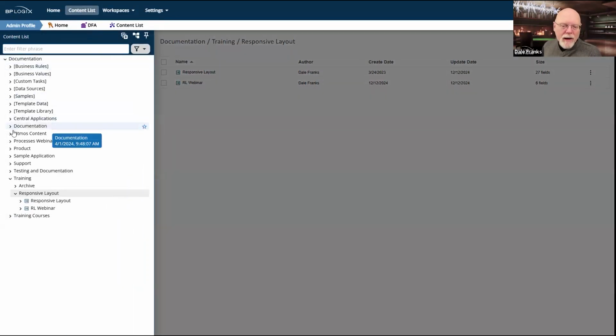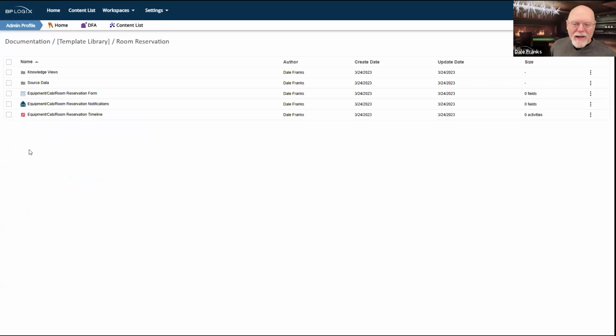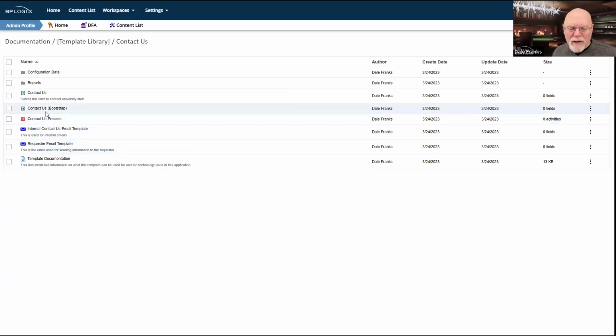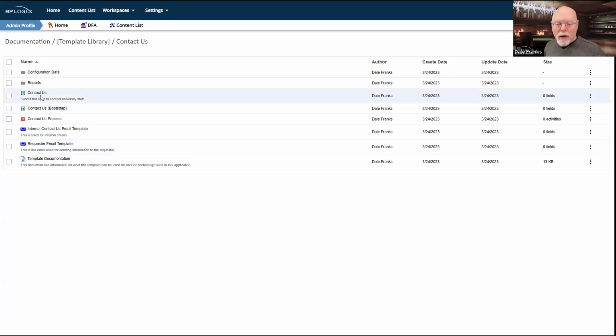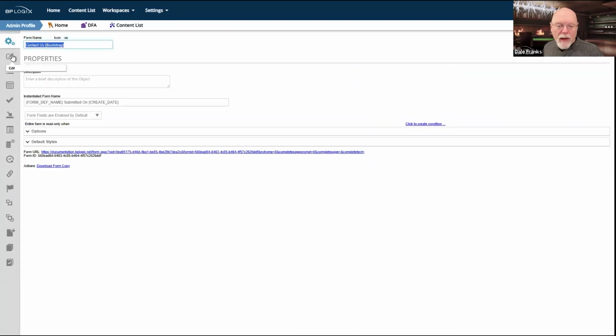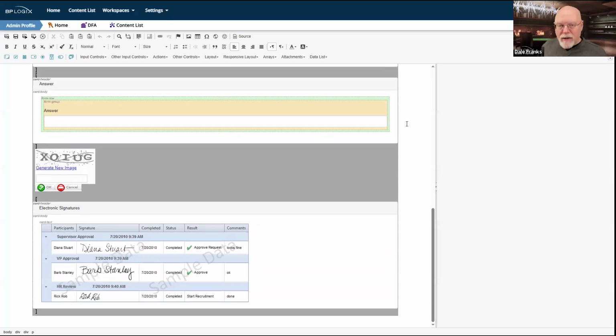We'll go to the content list and take a look at the template library that we talked about last week. I didn't really talk about this last week; I kind of elided past it. There's not one in this template, unfortunately, but in several of them. I thought most of them had one. Most of our templates have two forms. They have the regular Process Director form that we're used to, and they also have a Bootstrap version of that form that is also available inside the template.